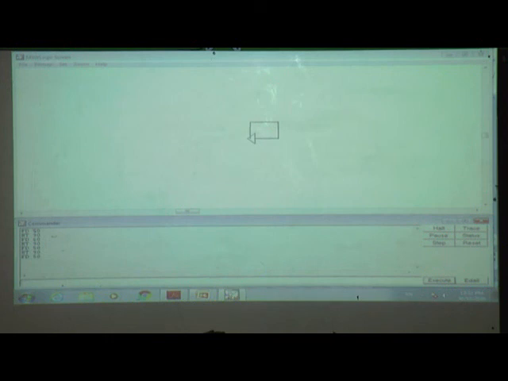What can we see here? One square. We can see a square.